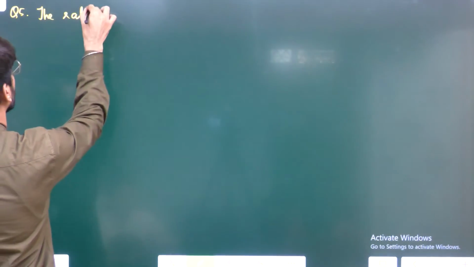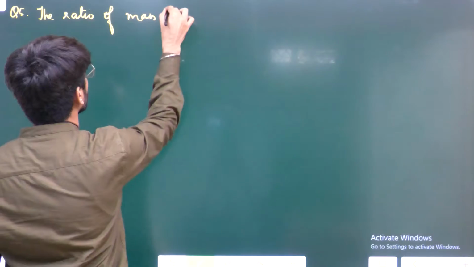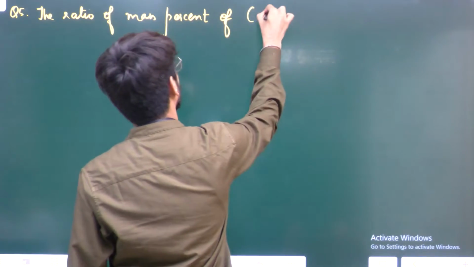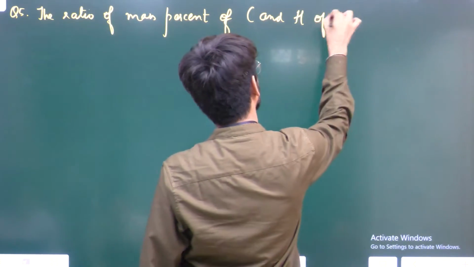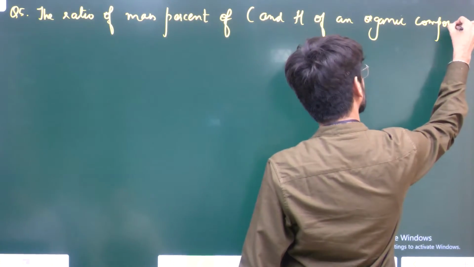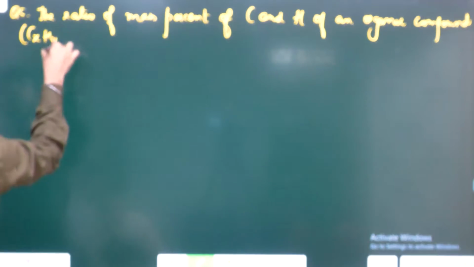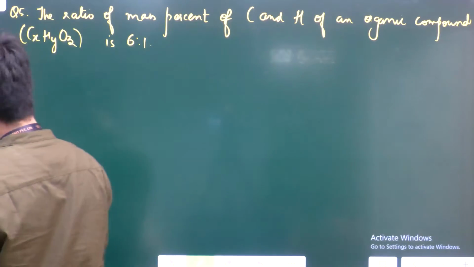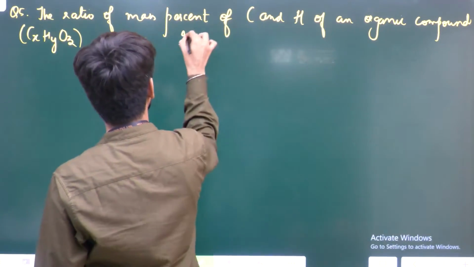Next question. Shall we? थोड़ा सा difficult. The ratio of mass percent of carbon and hydrogen of an organic compound CxHyOz is 6:1. If one molecule of the above compound